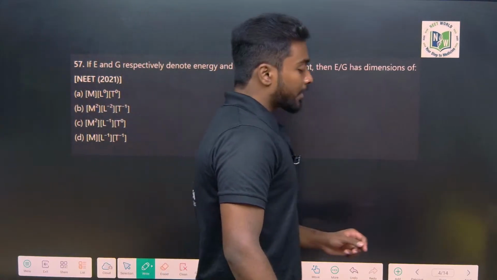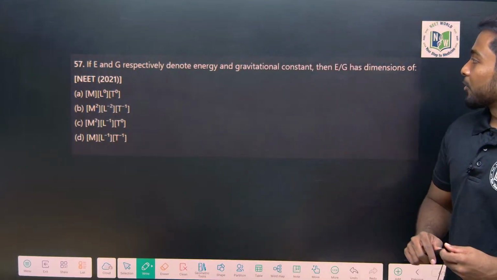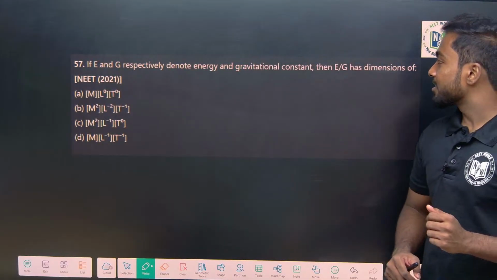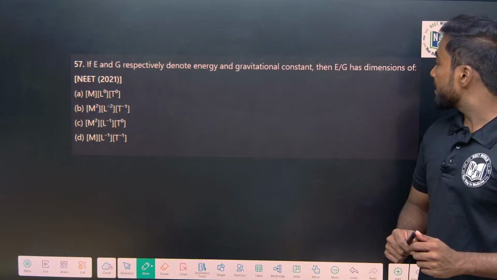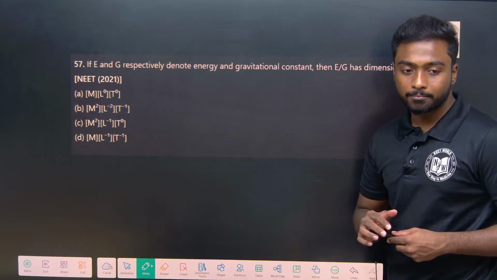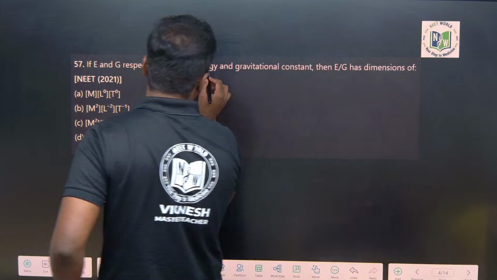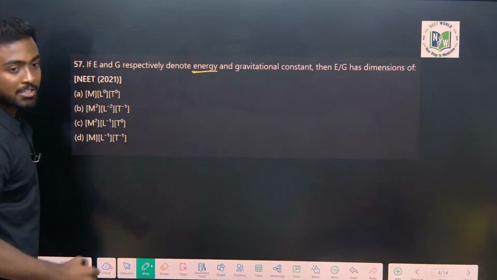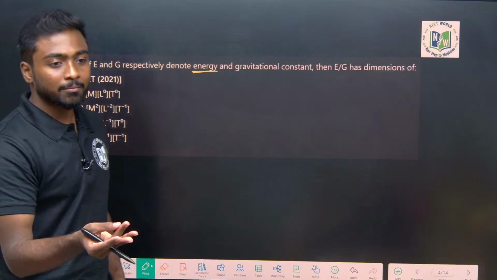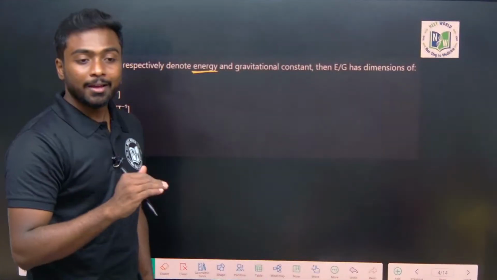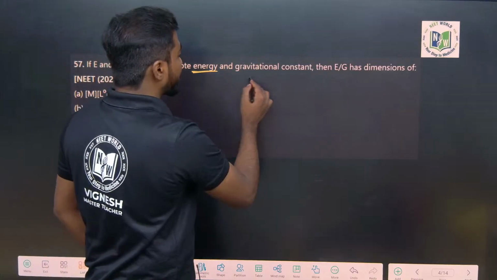So if E and G respectively denote energy and gravitational constant, then E by G has dimensions of. So what is E here? Energy, they have said. Either we can take potential energy or kinetic energy, and from that I can get the dimensional formula for E. Now for the gravitational constant,